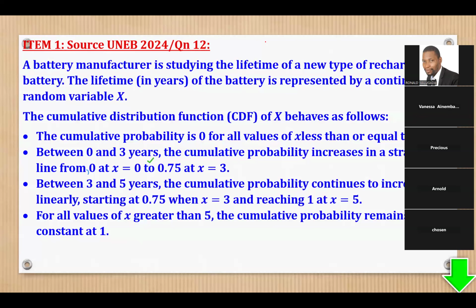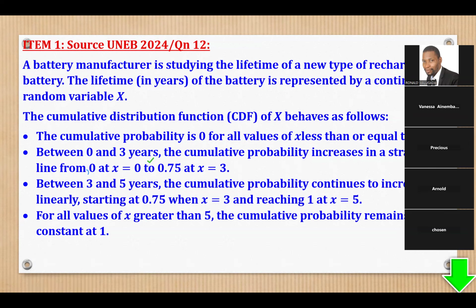Okay, so what I did, I maintained the same setting, but I had to attach some words. But this question was slightly different. This is different because based on the scenario, we don't need negative values. That is why you're seeing, if you look at that question of 2024, there were some negative values, but now I removed them. So it's a little different. So that is what I'm doing. So next year, those who buy the item, the question bank, it will be scenario based. So item 1 came from UNEB